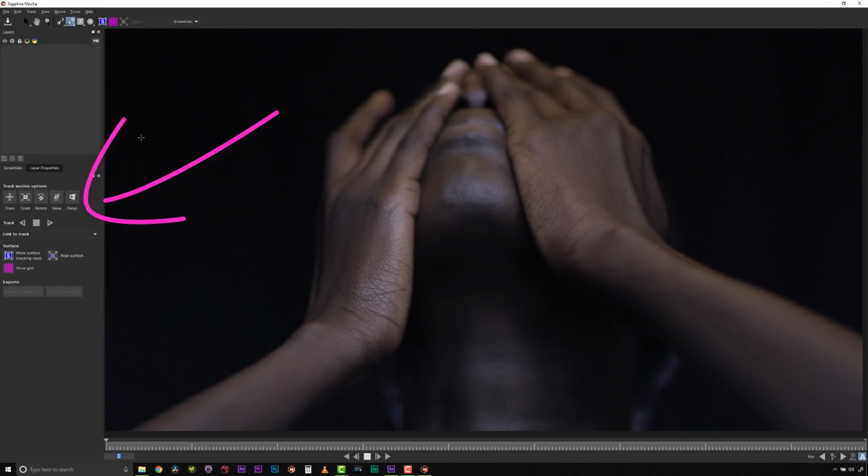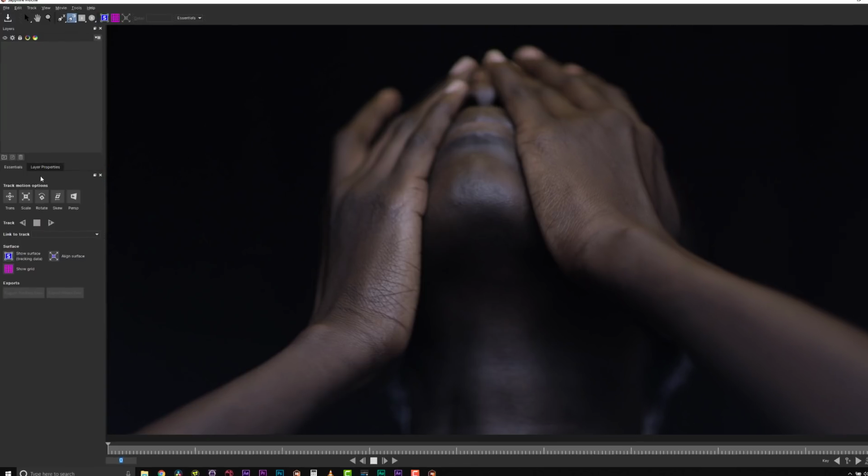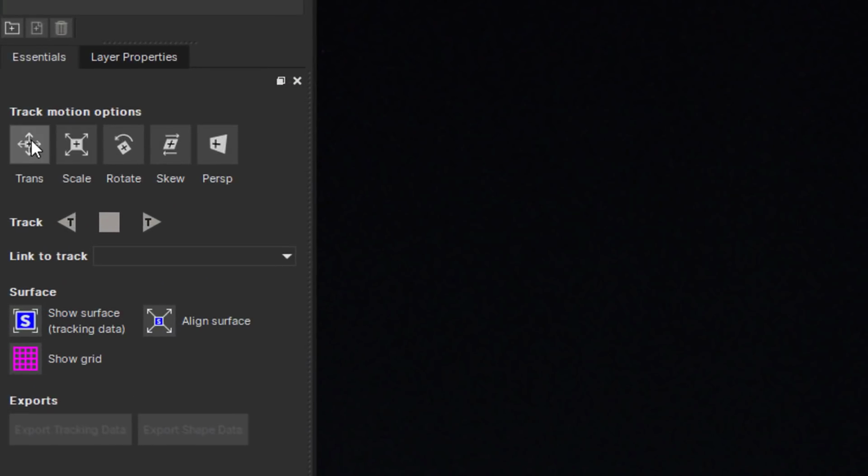The most important features from the classic Mocha tracking panel are now found here in this Essentials panel. This is where we define what properties we are tracking, such as transform, scale, rotation, skew, and perspective. This is also where you can start and stop your tracker. We have also added the surface and grid tools to this panel because understanding and accessing the planar surface is